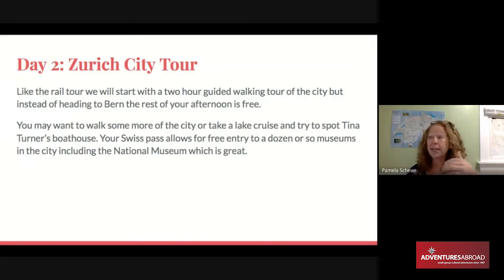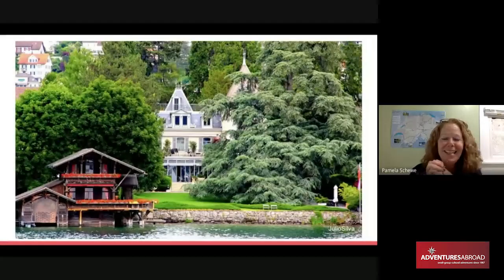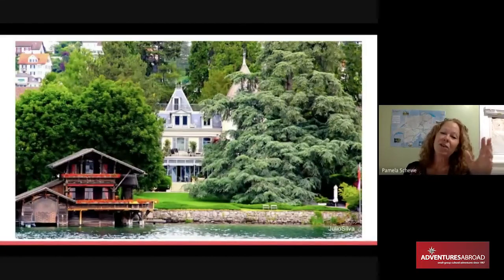Some of us like to take, it's about an hour and a half cruise along Lake Zurich, where one of my favorite things to do is try and spot Tina Turner's house. Yeah, the gray building in the back is Tina Turner's house. That's her boathouse there on the water. And the space between the two, when you see the aerial photograph, is much bigger than it appears here. It's really beautiful. It's a fun little free afternoon for you just to get your legs on,